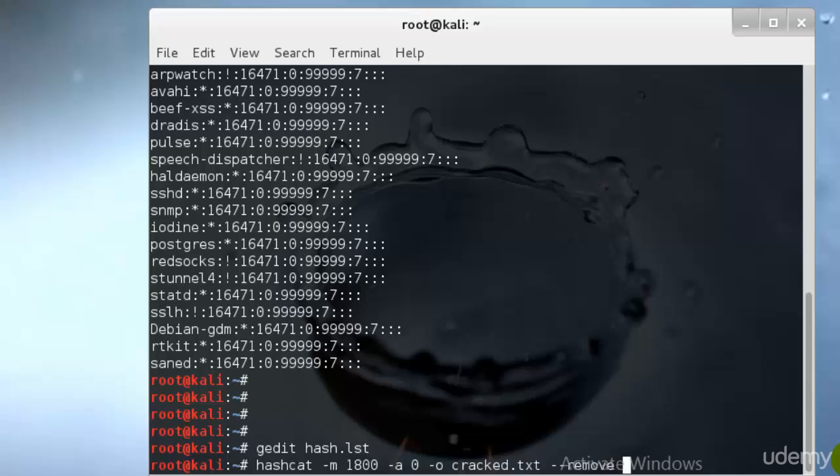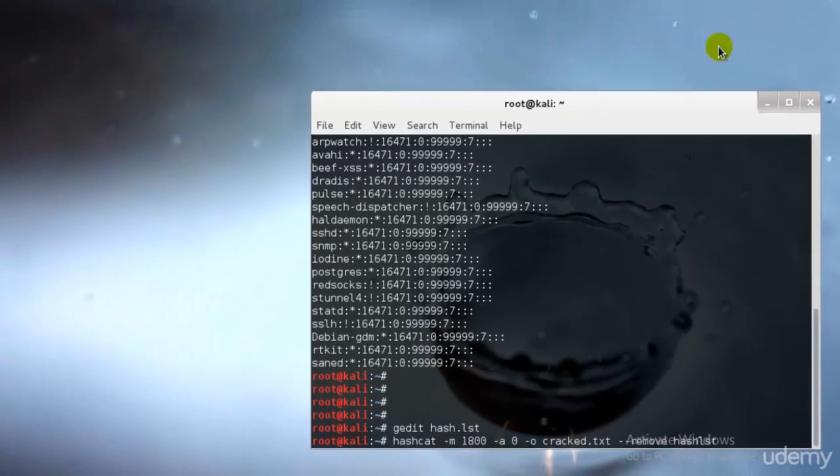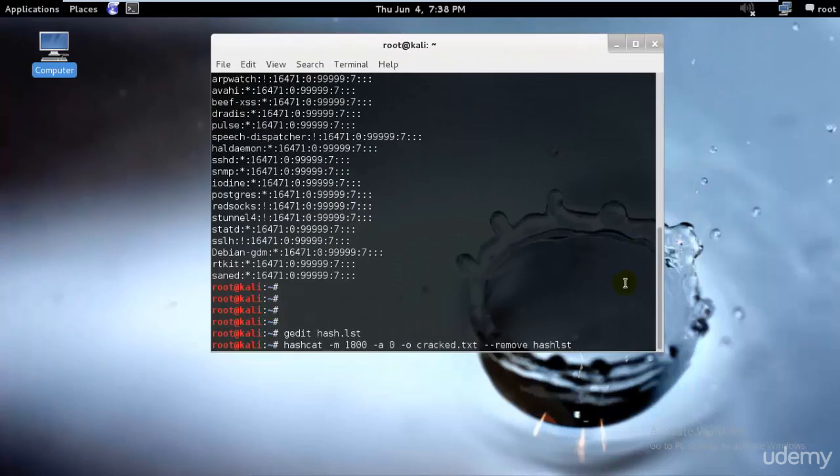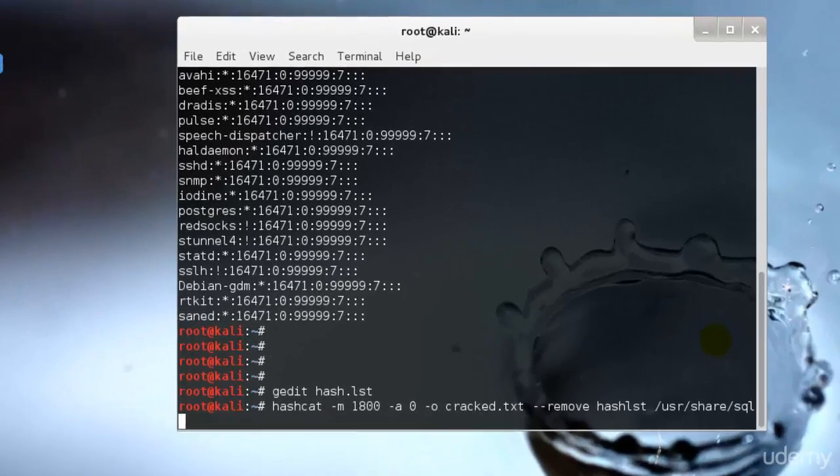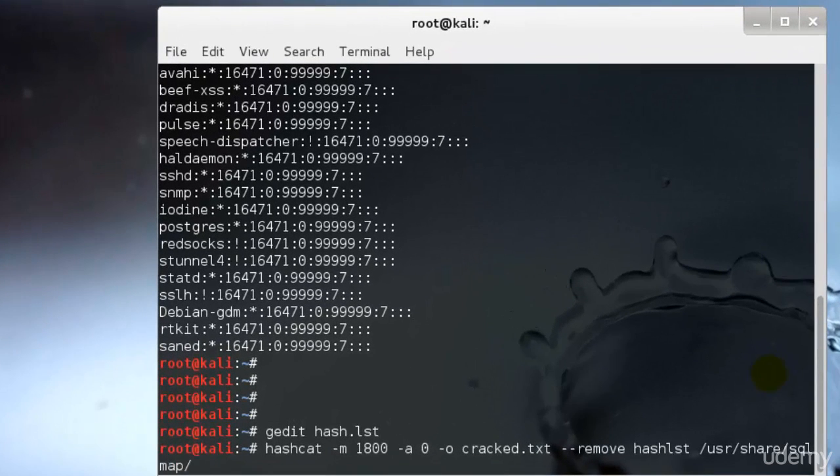remove /st. I'll just go ahead and move it over here so that it will be clear for you to see. st, and I'll type /usr/share/sqlmap/txt/wordlist.txt. Perfect. Over here, before I proceed, -m